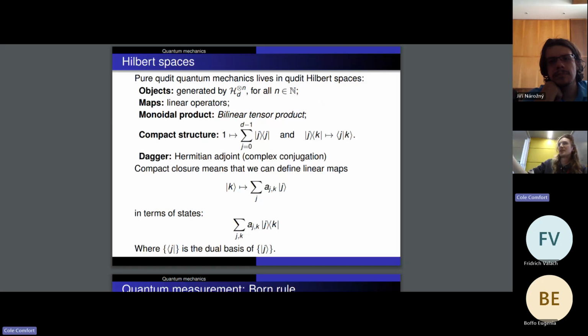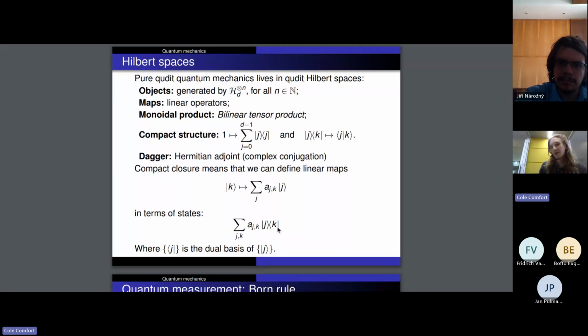And this is a dagger category, which means you can also flip the morphisms around using the Hermitian adjoint, which, in terms of matrices, is the complex conjugate transpose. So all of this means that, instead of representing a linear operator in this category using this kind of maps-to notation, what we're going to do is refer to linear operators using a sum over the exterior product of the basis elements of the domain and the basis elements of the dual space of the codomain, right? So any linear operator is described by this kind of a matrix using this notation.